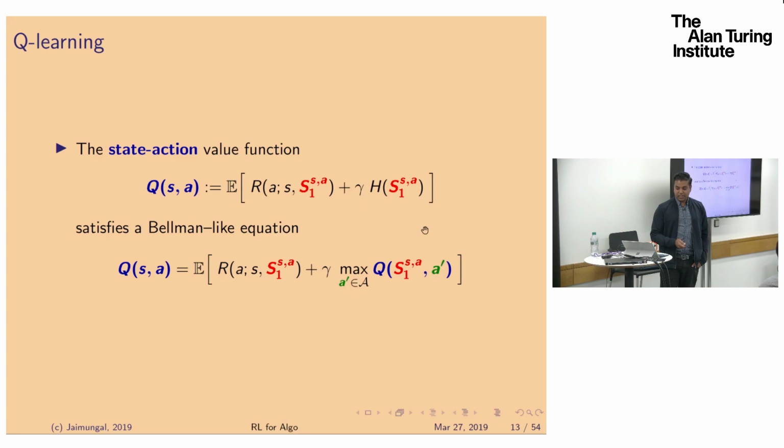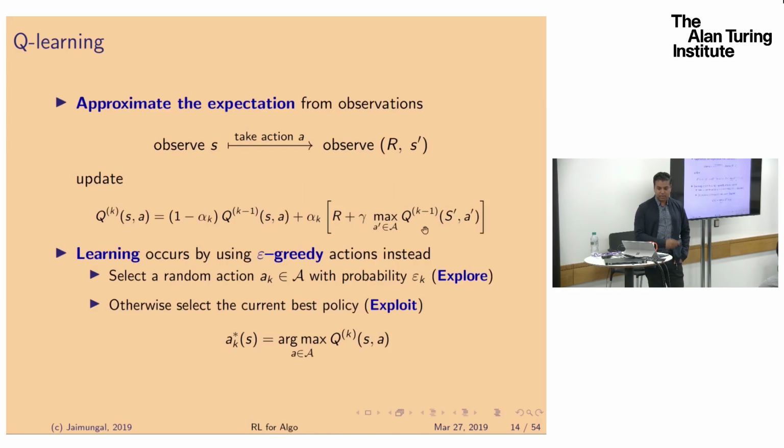Now, the goal is to try to estimate this function and the optimal actions just from data. So the idea is you observe S, you take an action, A, you observe the reward you got, and you see where you move to, what's the new state of the world, S prime. You update this Q function according to the equation that I wrote there. Now, this looks like a little bit of a mystery, but the reason it has this form is